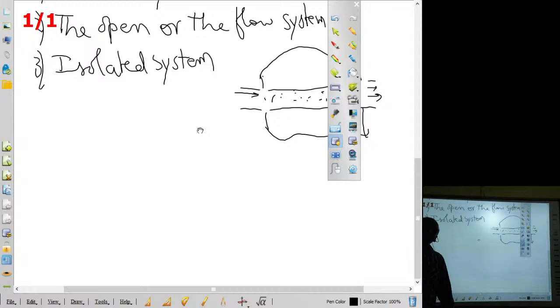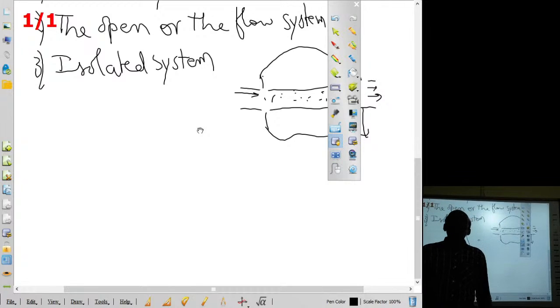So there are three different types of systems. One is called the closed system: only energy goes out, no mass. Again, when both mass and energy transfer are taking place, then it is an example for the open or the flow system. Third one, no mass going out, no energy also going out. So that is a good example for an isolated system. Okay. Well,